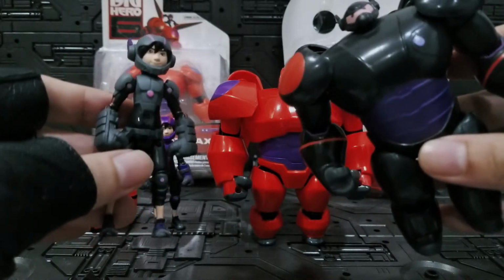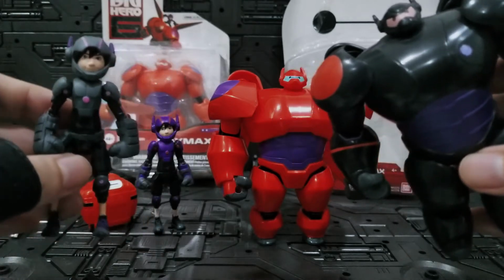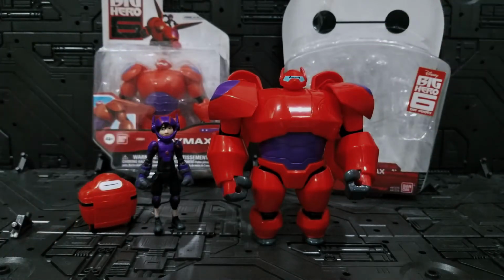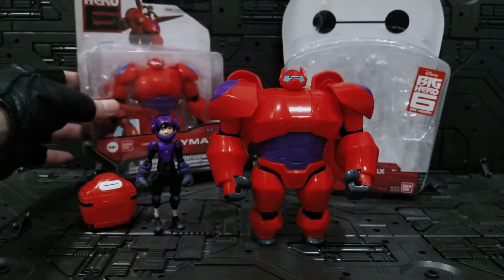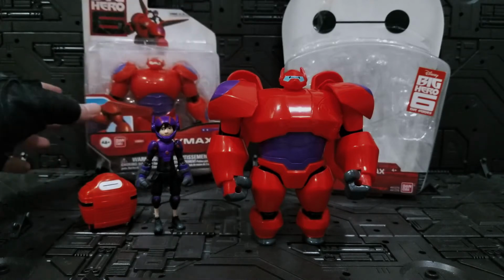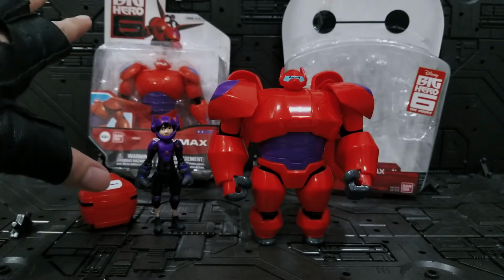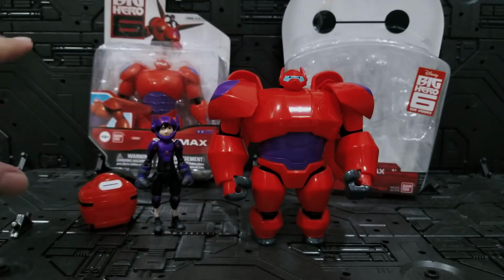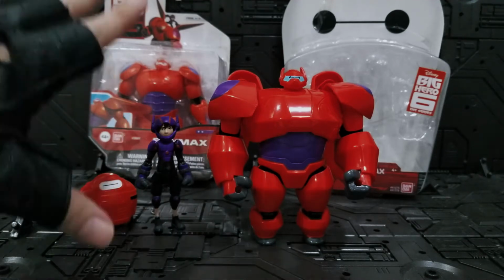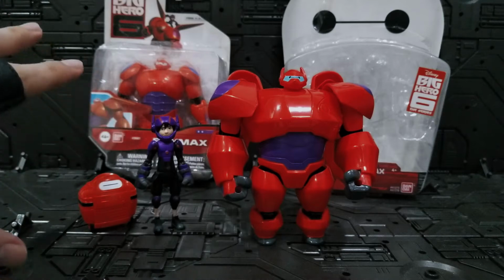Now today, you can check my old videos for that. Today I'm going to share the normal version. This is the normal version of Baymax from the movie as well, released by Bandai America. These two with the stealth version are pretty much similar, the exact same figure with different paint apps. I'm going to share these two guys in a bit, but my focus today, what I want you to see